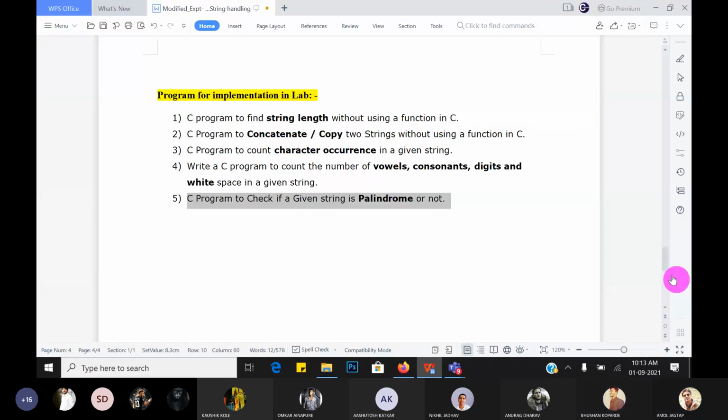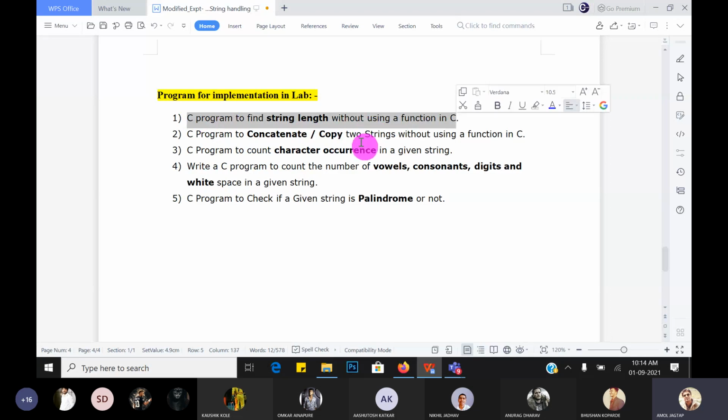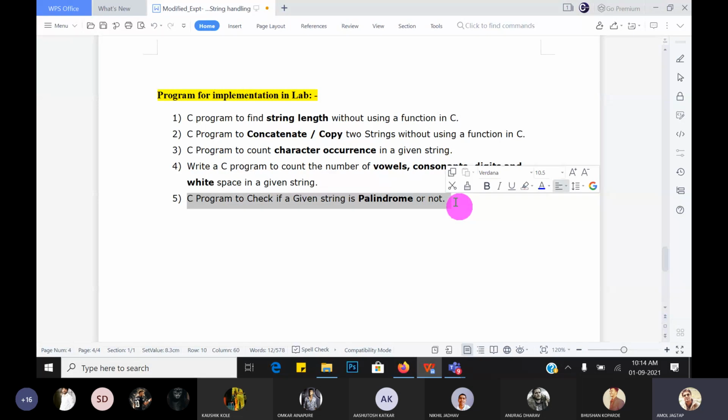Yes, sir. Okay. So we have to solve a number of different problem statements with and without using string handling functions. We have to first understand what the different string handling functions are. Like numerical data, the assignment operator is not working for strings. For that purpose, there are different functions available in the string.h header file, and we have to use them for string handling activities.